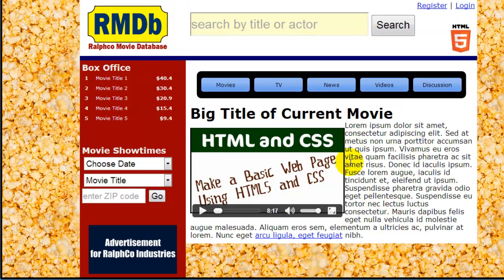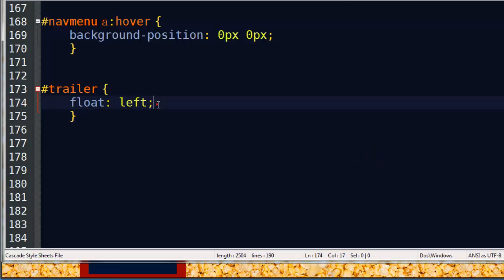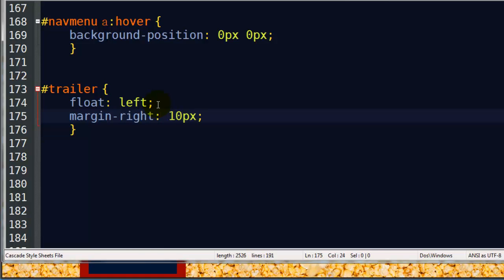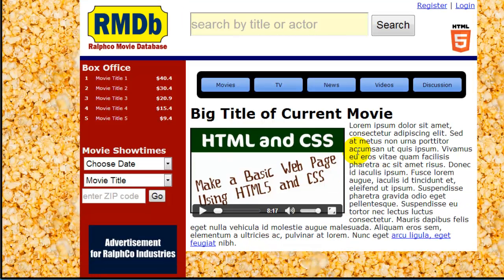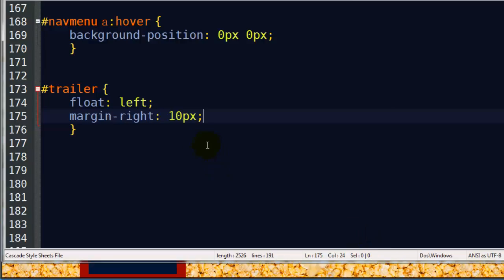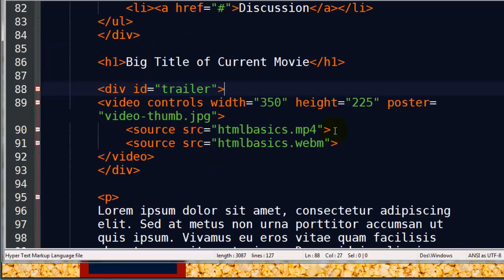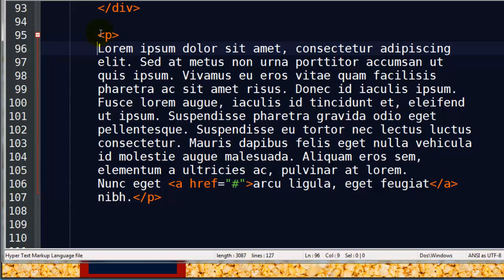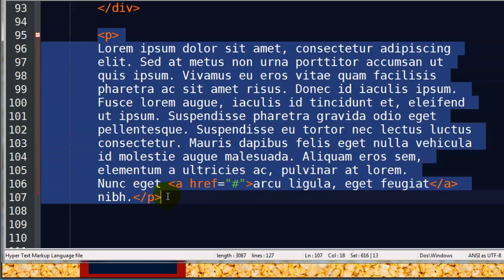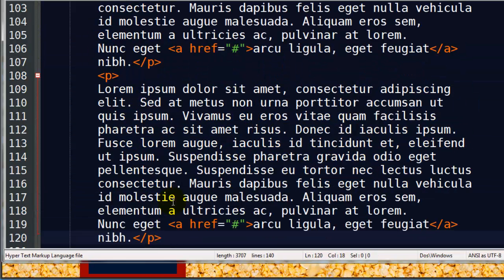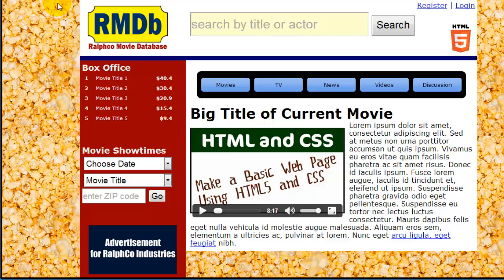If you don't like how close that text is to the edge, then we can simply put a little bit of margin right. 10 pixels, get a little bit more of a cushion of space there. Not too bad. And if you wanted to see how this column would look if it was a little bit longer, we could just add some more text in here. So I'll take this entire paragraph, copy and paste it, so now we've got 2 of them,